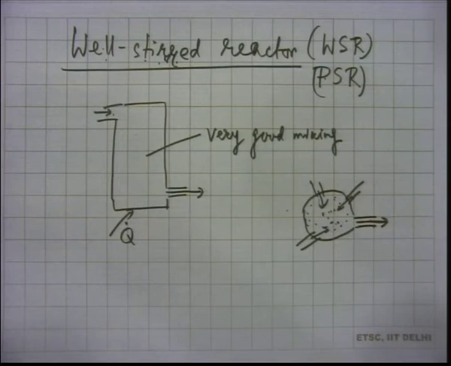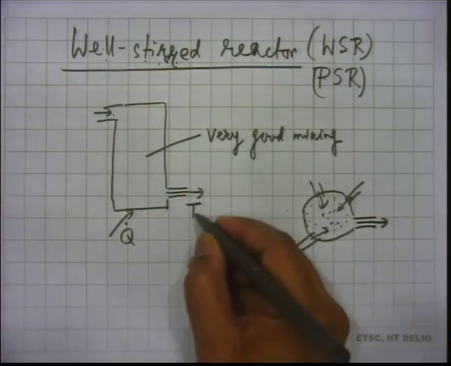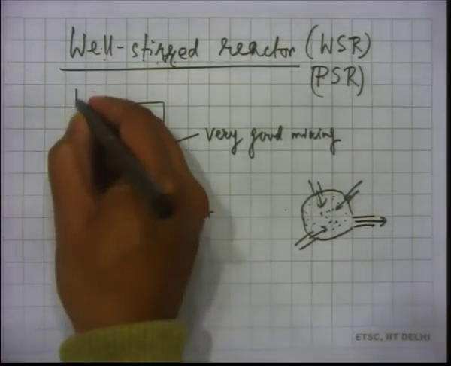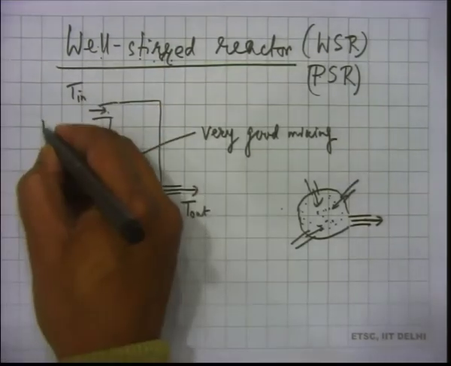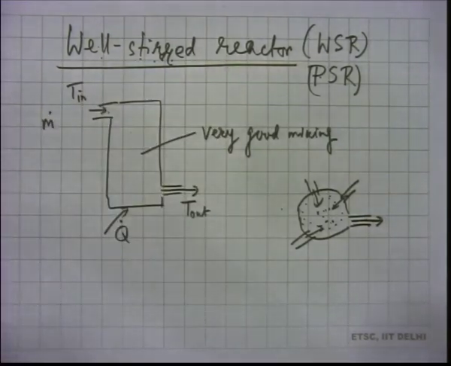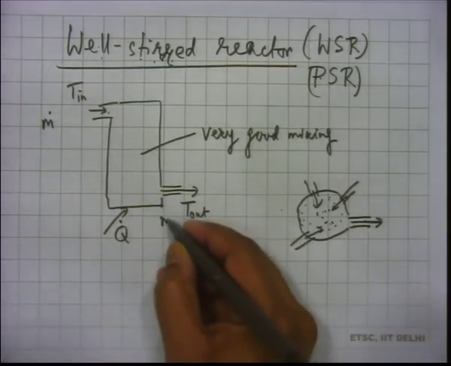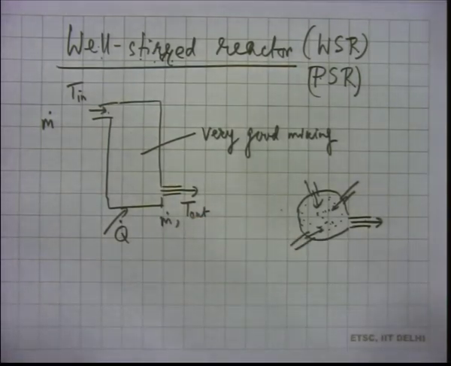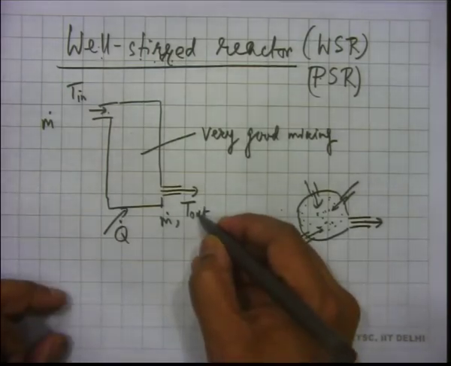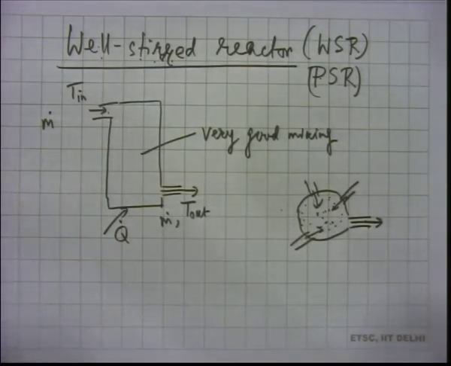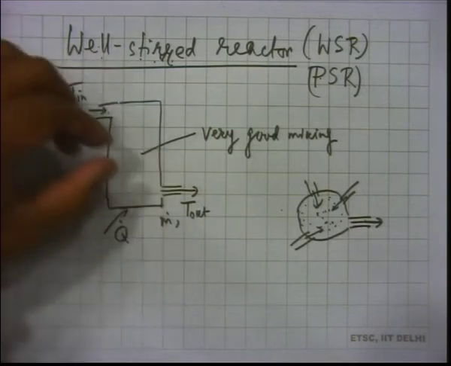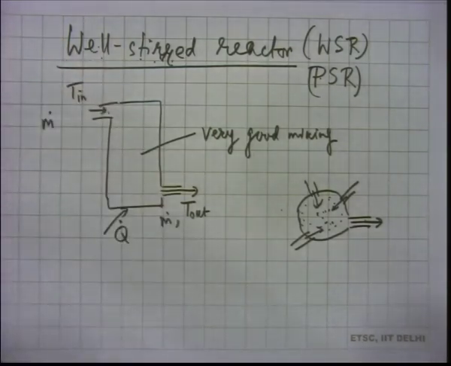What comes out obviously is the thing that you are looking at, otherwise why did you make this reactor? So, it will depend on the temperature that you have, the T out. There must be a T in here, and you must be sending a certain m dot through this. If you consider steady flow, the same m dot will go out. So, you would like to know T out, and if this is cold flow going in, maybe there is some hot fluid coming out after reaction.